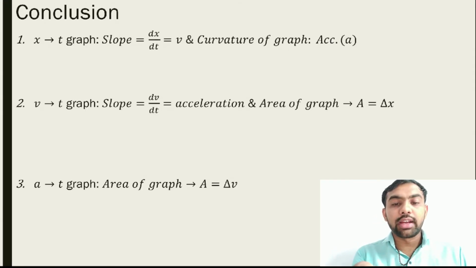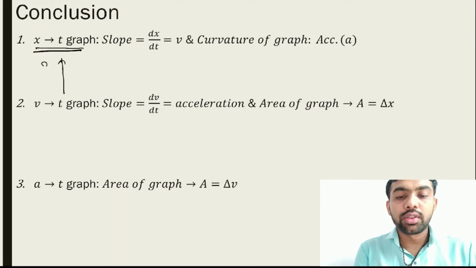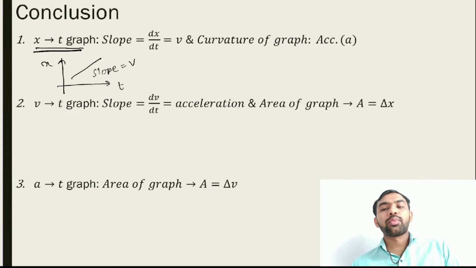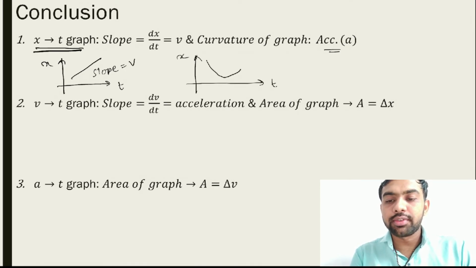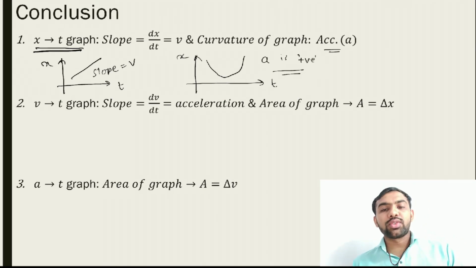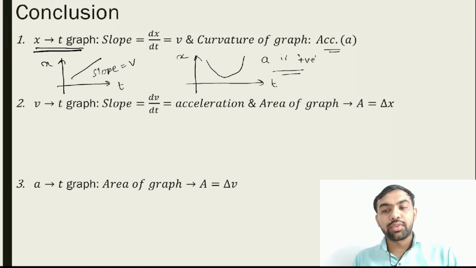So if you draw the x versus t graph, then slope is v. If you draw the x versus t graph, here slope is equal to what? V. And curvature gives us acceleration. So x versus t ग्राफ में कर्वेचर क्या होगा? देखो ऐसा ग्राफ है तो फिर क्या लिखोगे आप? एक्सेलरेशन इज पॉजिटिव. तो ये कंक्लूजन है x वर्सेस t ग्राफ का. If the x versus t graph is given to you and you have to find the velocity, then find the slope, and if you have to find the acceleration, then find the type of curvature. Type of curvature: if concave, positive acceleration; if convex, negative acceleration.